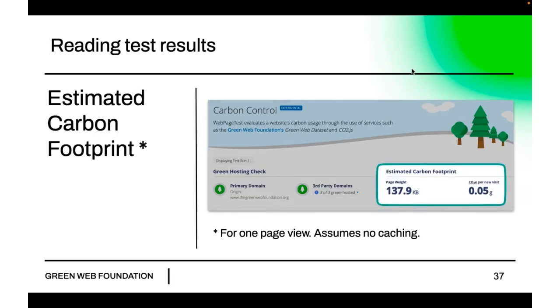As you can see, this is the carbon footprint. Now, WebPageTest assumes there is no caching taking place, so it's a first load. This is one of the reasons why we've created a library to make it easy to come up with various other scenarios that might more accurately represent people using your site, for example. You can also see some things that you might do to improve stuff. So you don't need to be a specialist in this. You just get some helpful prompts that you might have here. And it'll